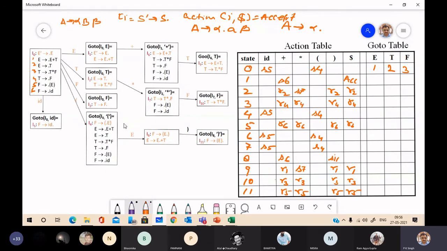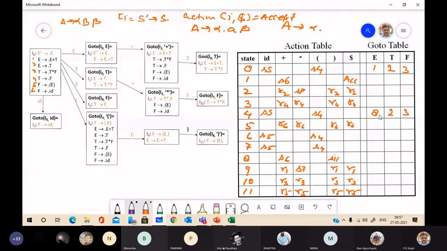Now come to I4, state 4. Goto I4, E will give I8. Here the state is 8. Goto I4, T will give I2. So here you will have 2. And goto I4, F will give I3.